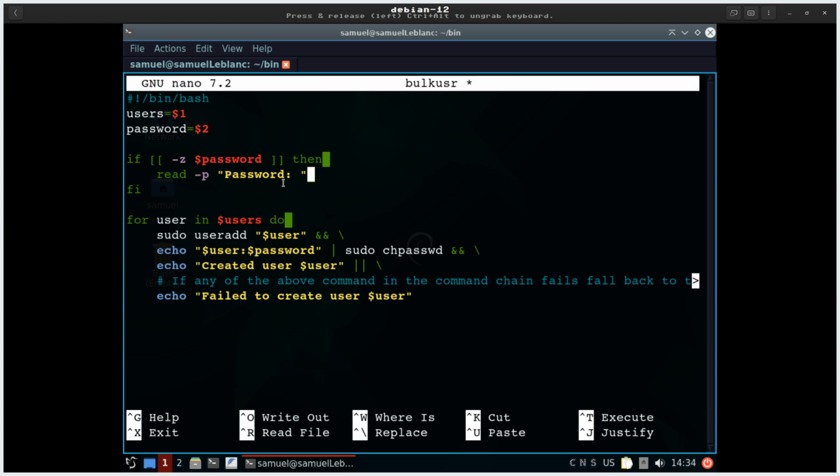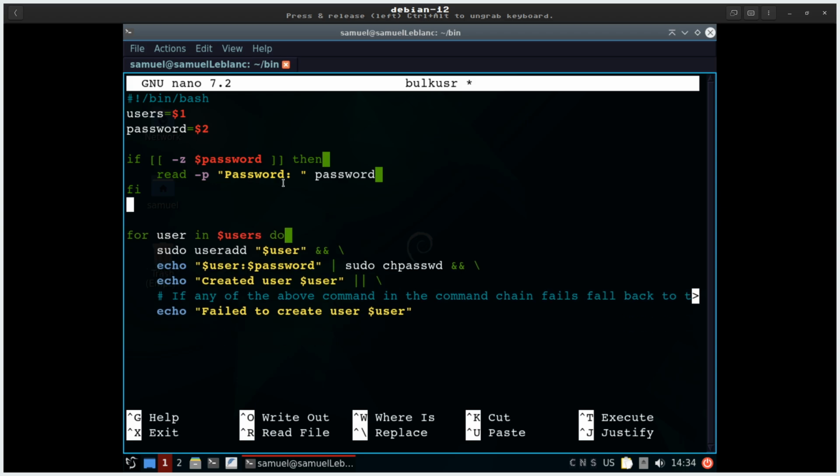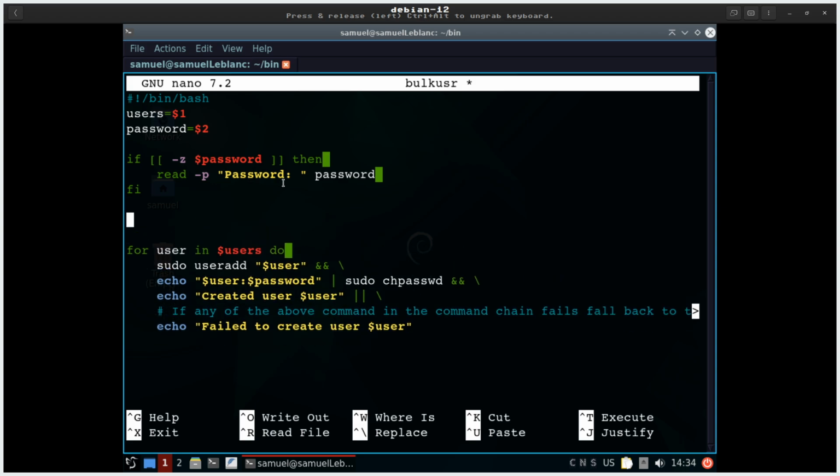And we want to send that to a variable. So I think that to do this, all I need to do is type the variable right after it. So read into password. If no password was given, ask for password, and now we can just use that password here. Also, we take the users here as the first argument, and by default this is for bulk renaming, and